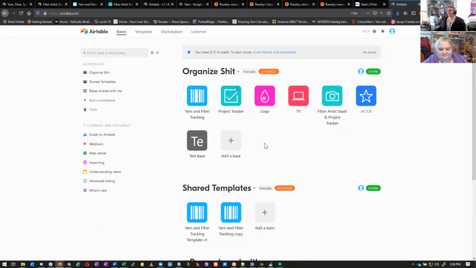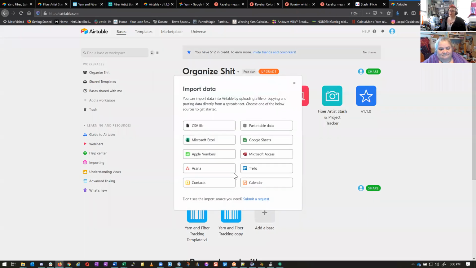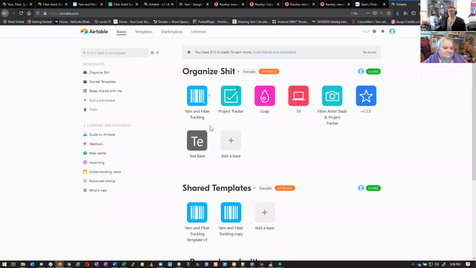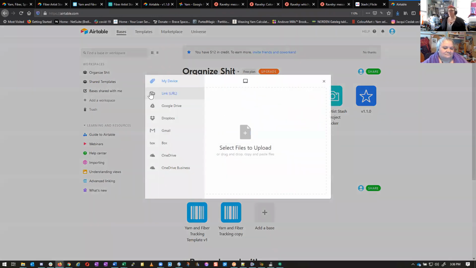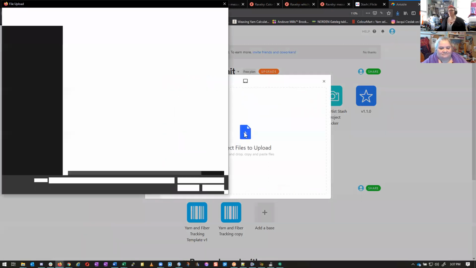You can also import data and start with imported data. So say you have an Excel database that you're keeping your stuff in, or you exported stuff from another site. You can import data that way. So for example,